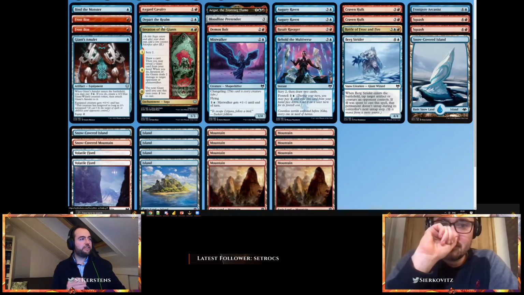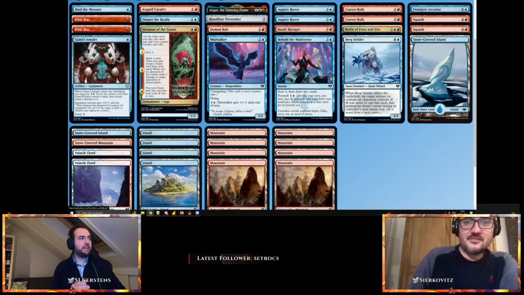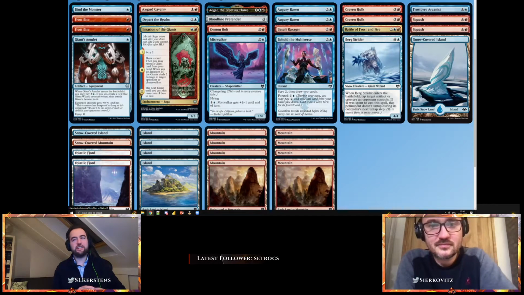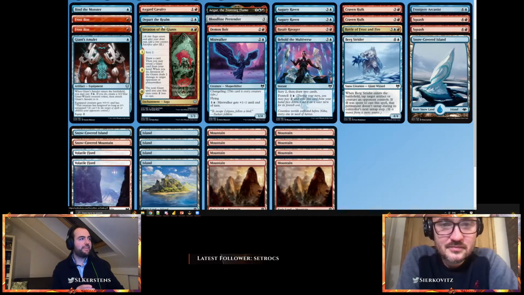Invasion of the Giants. It's the blue-red saga. It costs 1 blue and 1 red mana, so 2 mana in total. It has 3 chapters as well. The first chapter says scry 2. Second chapter, draw a card. Then you may reveal a giant card from your hand. When you do, Invasion of the Giants deals 2 damage